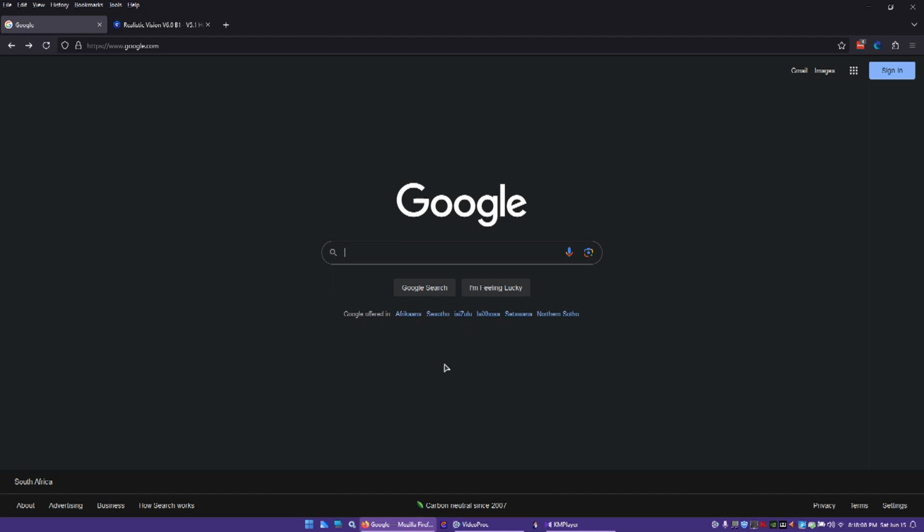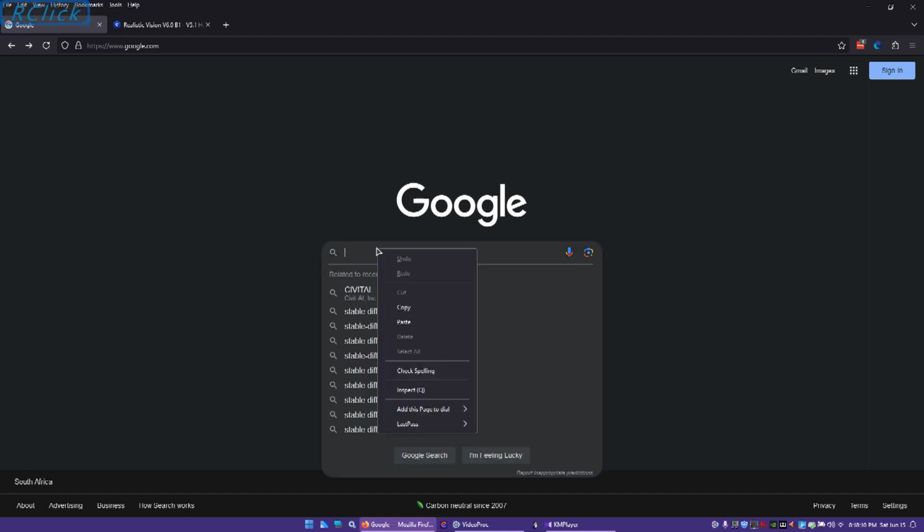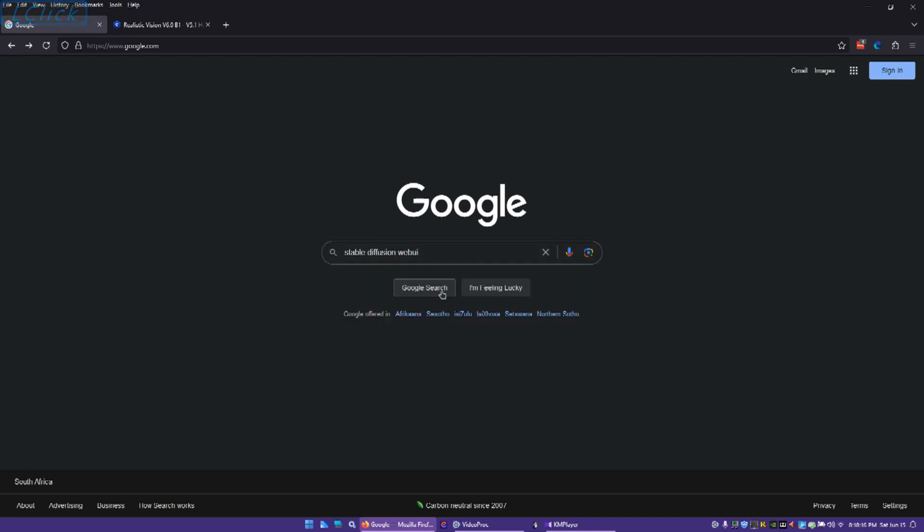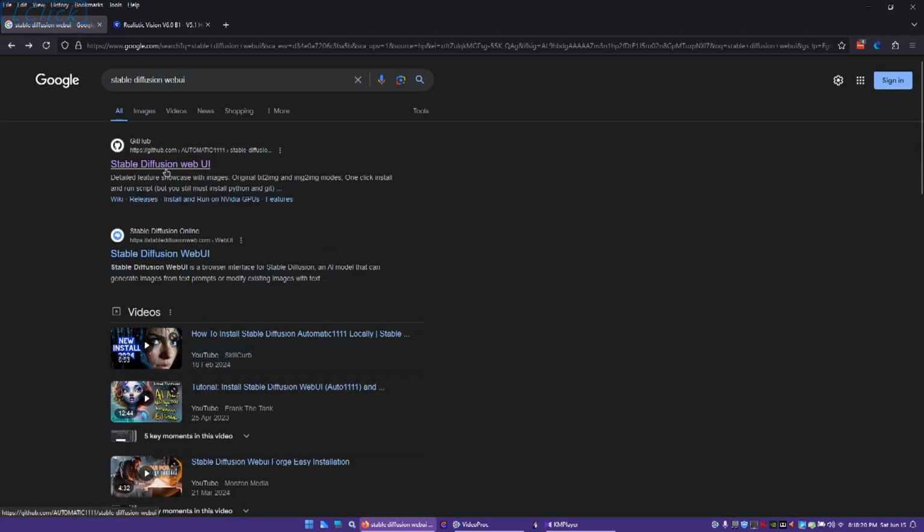This is how you install Stable Diffusion. In Google, search for Stable Diffusion Web UI. Upon doing that, you'll come here to this. Now you click on that,